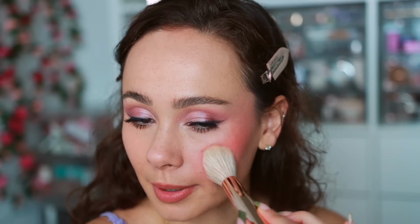I did not think I would like this color as much. I was a little worried. I'm gonna go in with a second tap just to see the buildability. With these new shades, definitely more friendly for a lot more skin tones. If you have a deeper complexion, please let me know if you've picked up these blushes, particularly Mahogany. I want to know how these looked on your skin because they're going to look very different on me, but